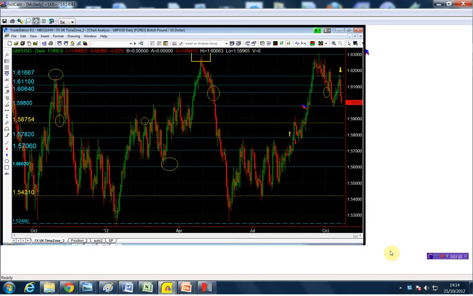So for the whole year, the 159.80, again and again, you can see how many times this has been a decisive price point with regards to the pound dollar. We closed the week at 160, and we're 20 or 25 pips away from the 159.80. So with that, our selling point, and if you look at the intraday,